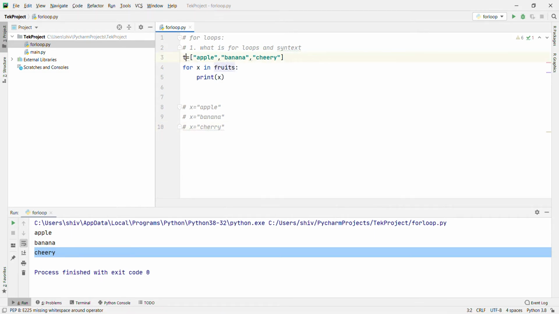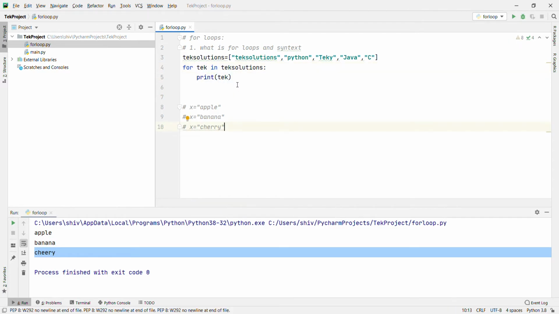Now we'll go with another example. Instead of fruits, let's use Tech Solution, Python, Techie, Java, C. Now this is a list. We copy and paste the same loop with x. Instead of x you can use another name, and this x will come here also.